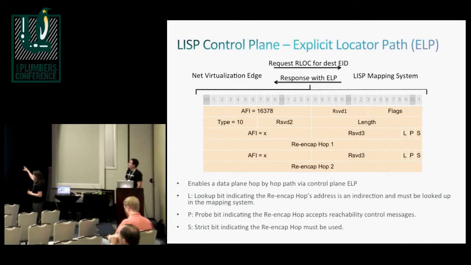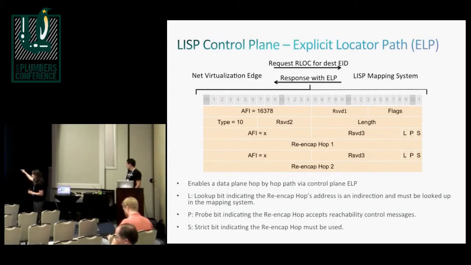So basically, up there, if you look, we have the network virtualization edge, which is sending a request for a destination address, which we call the endpoint address or endpoint identifier, which is, let's say, a virtual machine's address. And you will look that up in the mapping system. And the mapping system returns to you either one locator, which will be the address of the machine that VM is located on, or it will return to you a sequence of hops, which will basically define that path, the service chaining path, or just the traffic engineering path.